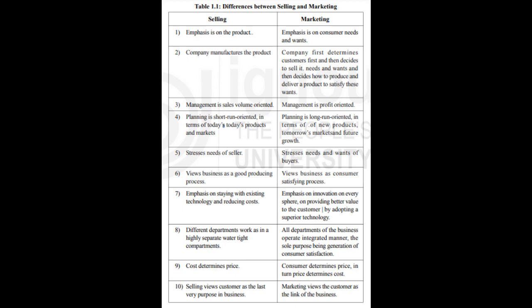Aggressive sales methods are justified to meet this goal, and customers' actual needs and satisfaction are taken for granted. Selling converts the product into cash for the company in the short run. Marketing as a concept and approach is much wider than selling and is also dynamic, as the focus is on the customer rather than the product.